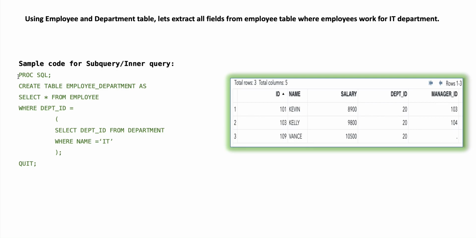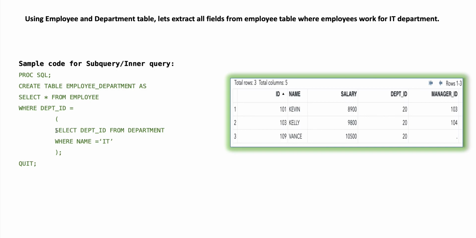where Proc SQL is used. Proc SQL; create table employee_department as select * from employee, that means select all fields from the employee table where department ID = (select department ID from department table where name = 'IT'); quit;